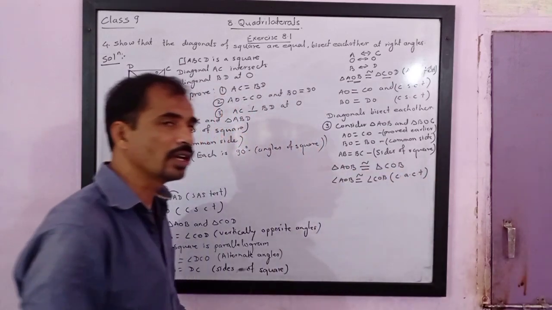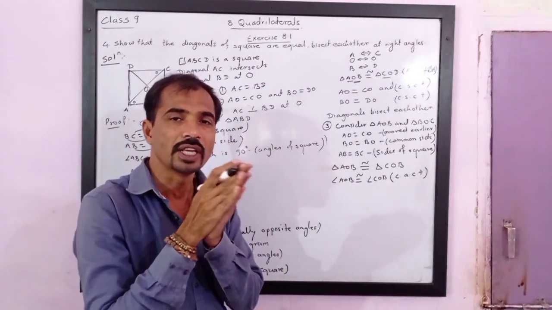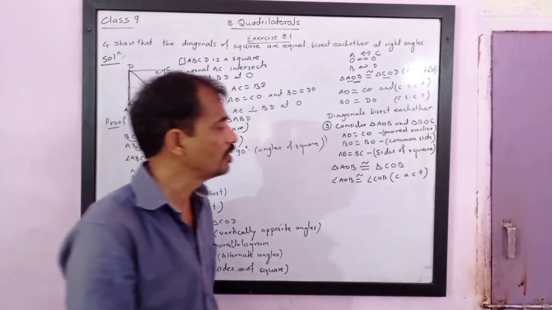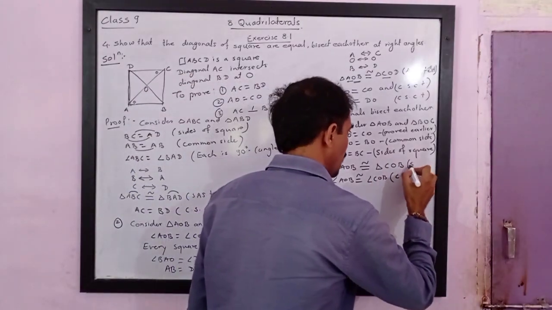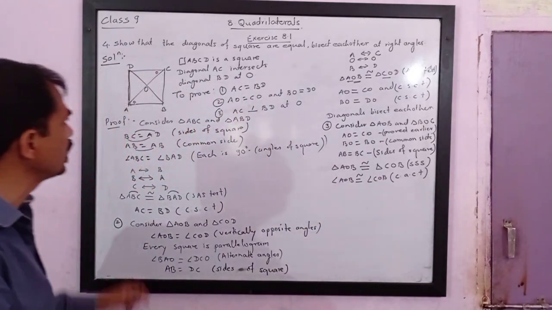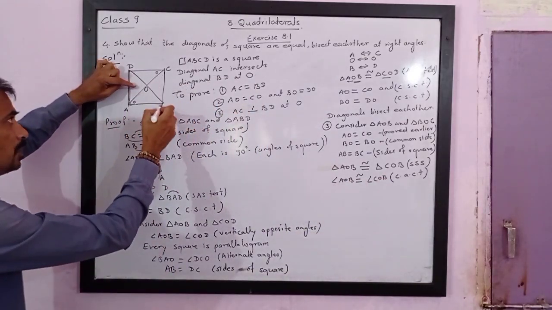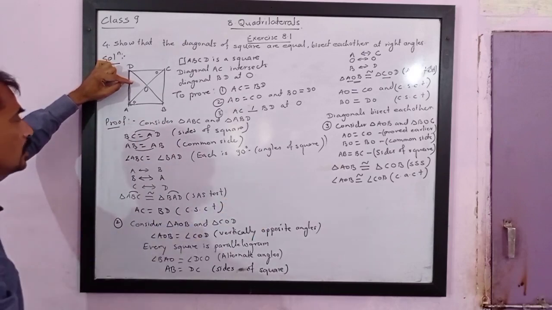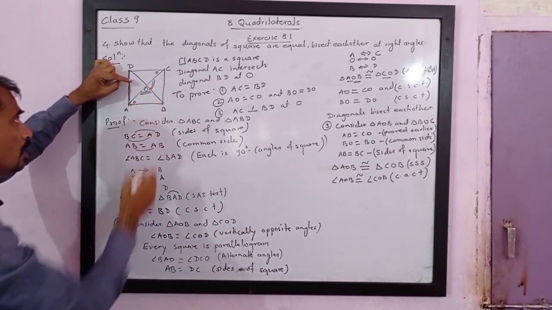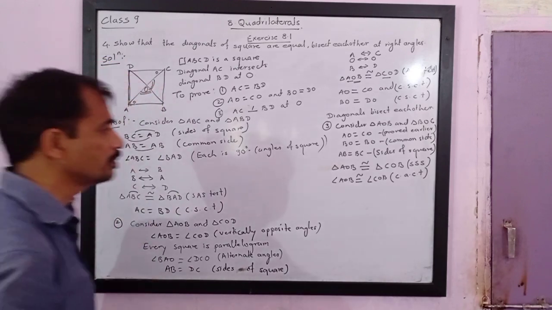If two triangles are congruent, and you keep them one above the other, then all three angles of one triangle must coincide with all three angles of the other triangle. This is proved by the SSS test. So we have got two angles congruent. Now look at the figure. Angle AOB is equal to angle COB. These two angles are equal, but they form a linear pair.